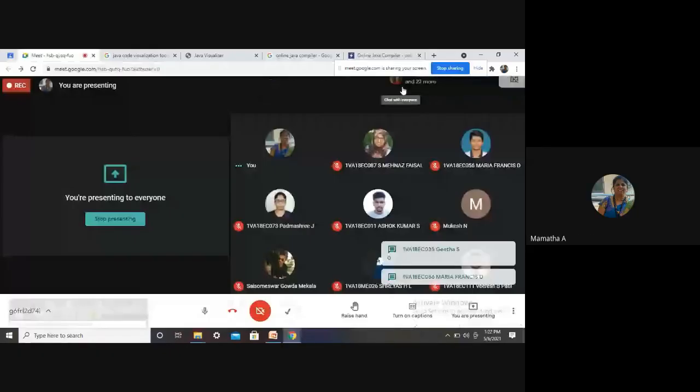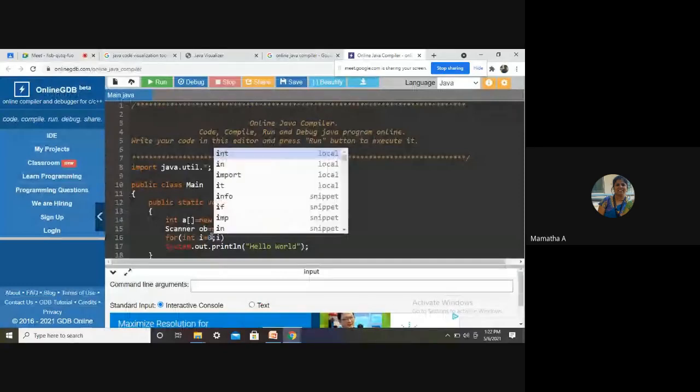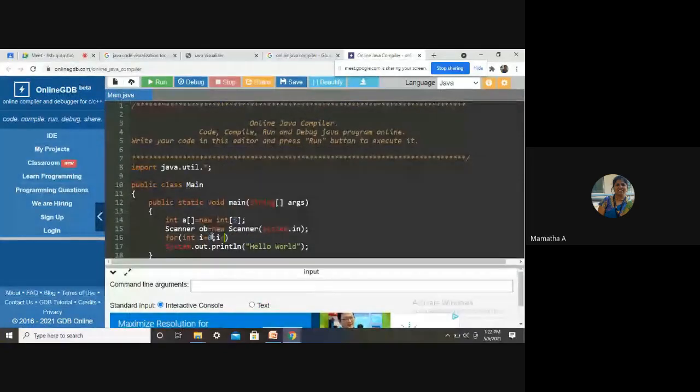Zero. That is my condition. Semicolon, sorry. What is my condition? I less than what? What is the last index?